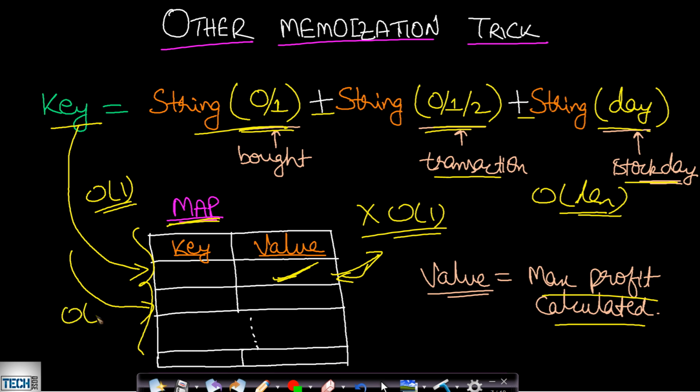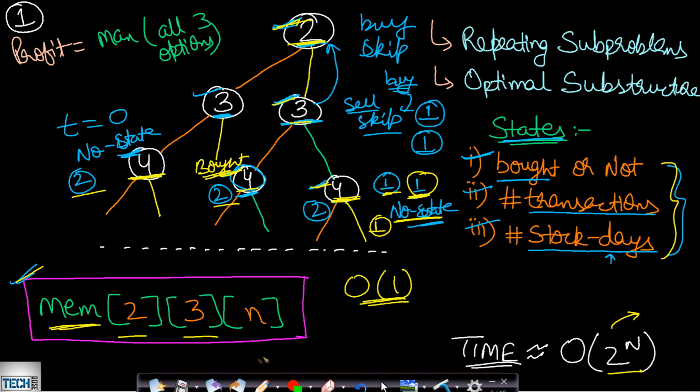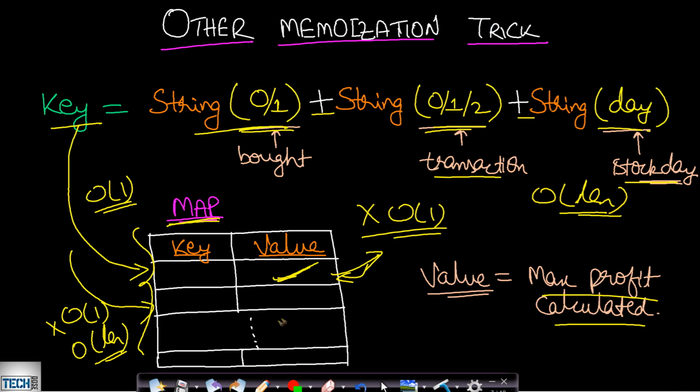So basically this map is also doing some string comparisons. String comparison is not O(1). This will again be order of length of string. So you can see that this is not the most optimal approach, but this is optimal in terms of space. So you can use either of the techniques, it will work. Now this was the approach using recursion plus memoization. I will show you the code at the end of the video.